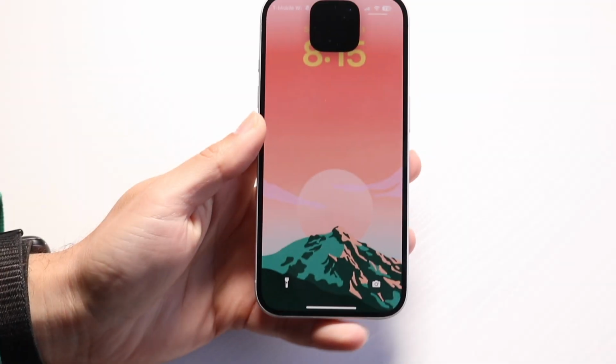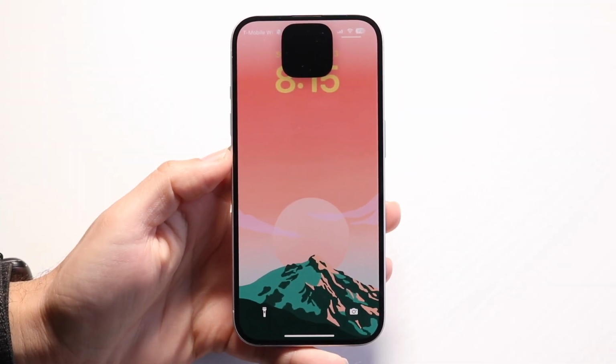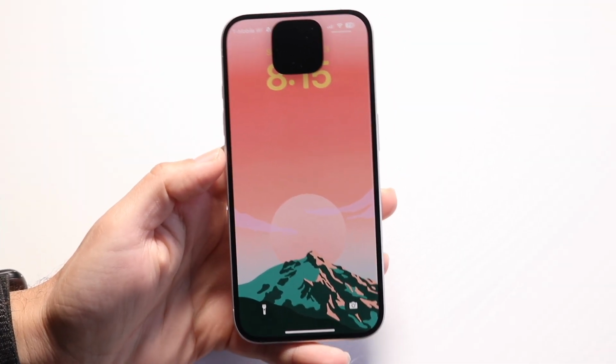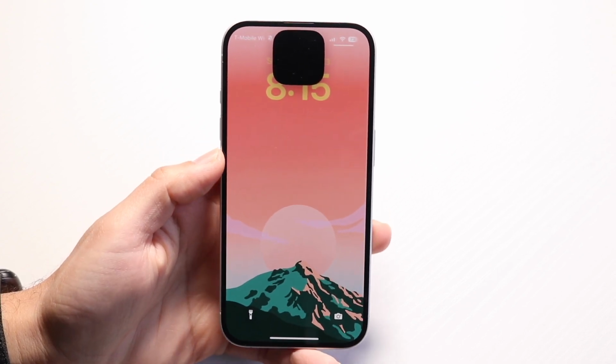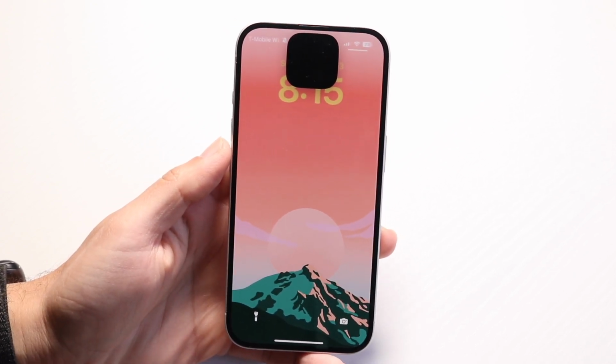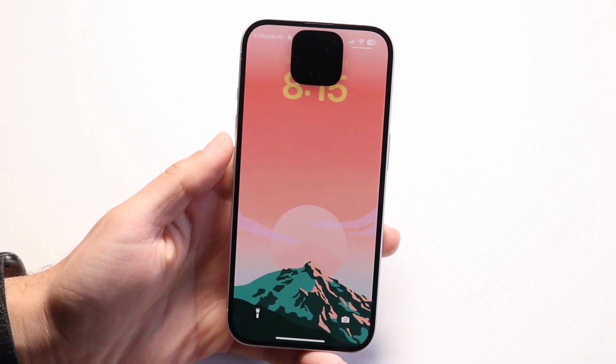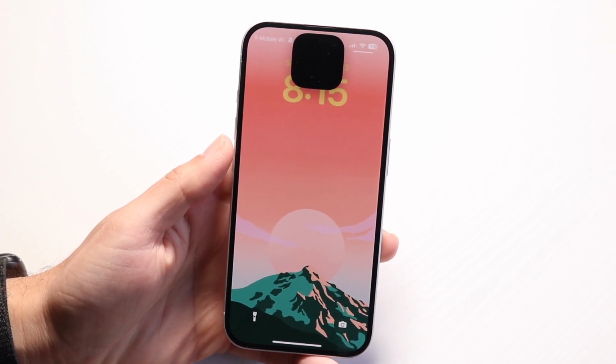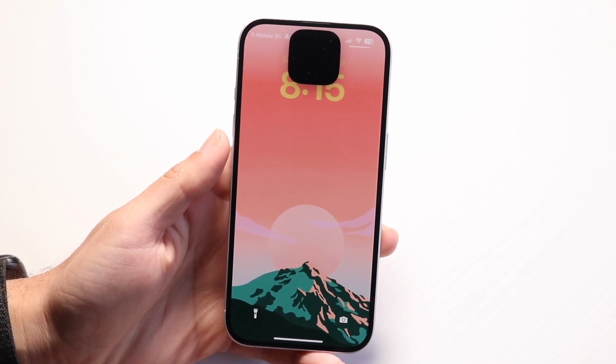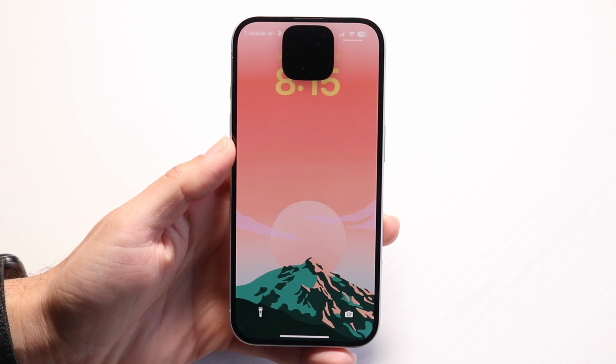So you might be stuck in this random situation where your dynamic island on your iPhone is too big. Now, this just happened to me yesterday and I took a screenshot of it because it was so funny. But you might be stuck in a very similar situation that I was stuck in. So, just in case you were in the same exact situation, what I would recommend doing is to follow exactly